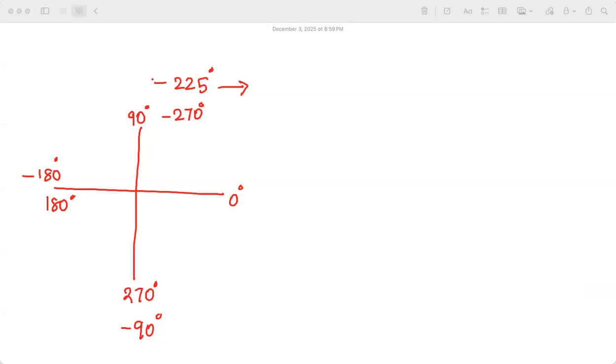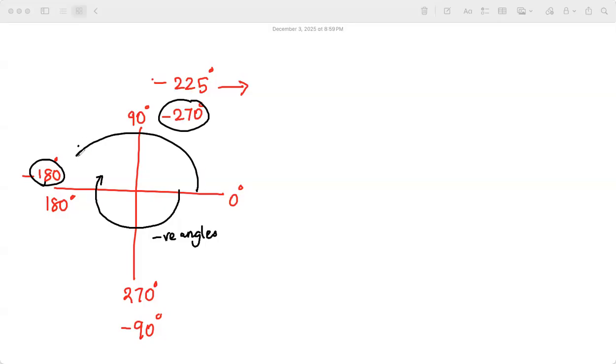Guys, am I with you all? In the second quadrant? In the second quadrant. So when you think about it, it goes somewhere here, between this and this. Any questions? No. So you go clockwise if you want negative angles, and you go anti-clockwise if you want positive angles. You have to be thorough with this, and we are slowly going to move out of degrees and go to radians as well. Okay.